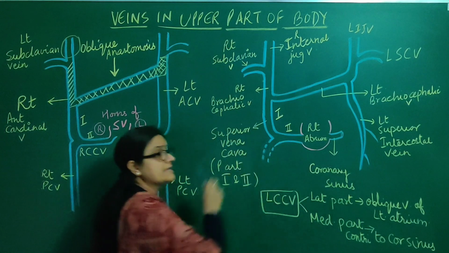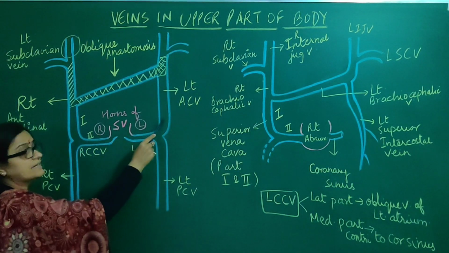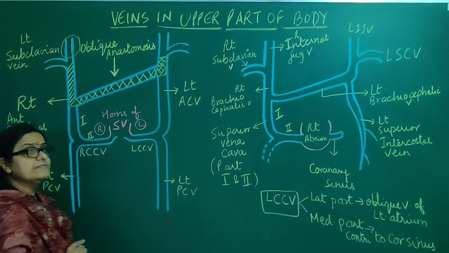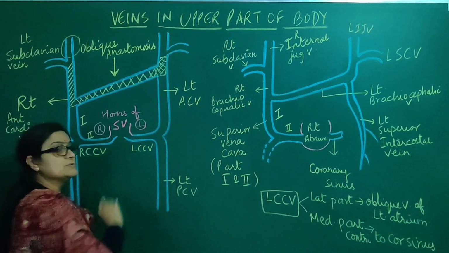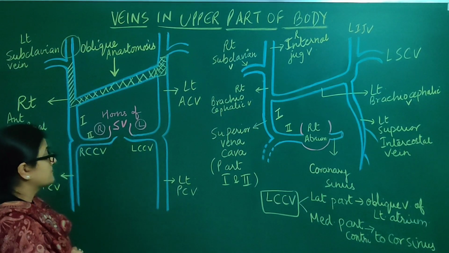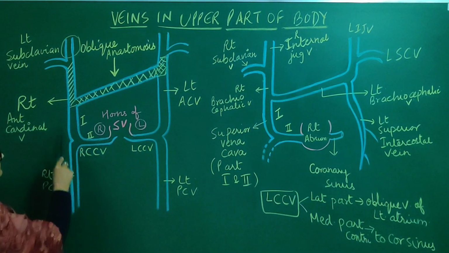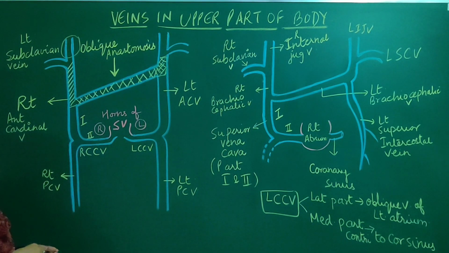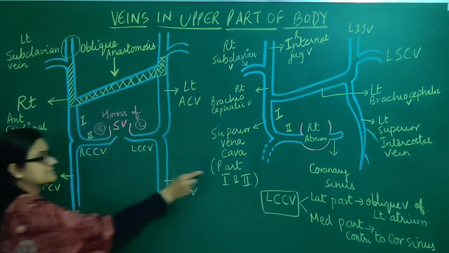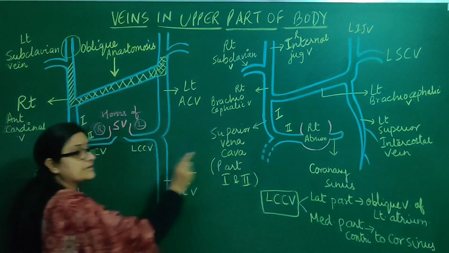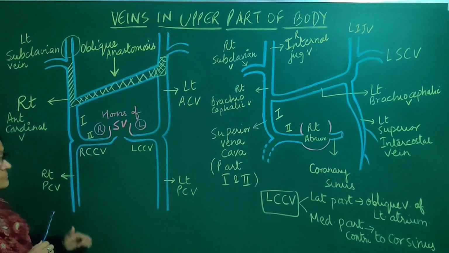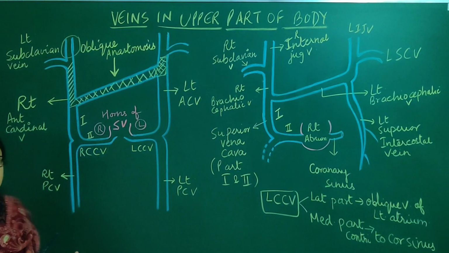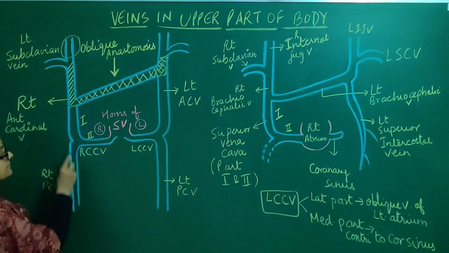So this is formed by remnants of the left anterior cardinal vein and the cranial part of the left posterior cardinal vein. Now let us have a focus on this area. What will happen to this area? We know that this right posterior cardinal vein cranial part will regress. See, it has regressed here. It will not remain because lower to this area the inferior vena cava is developing. So this area will regress.